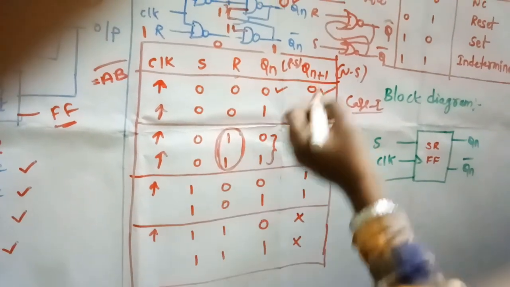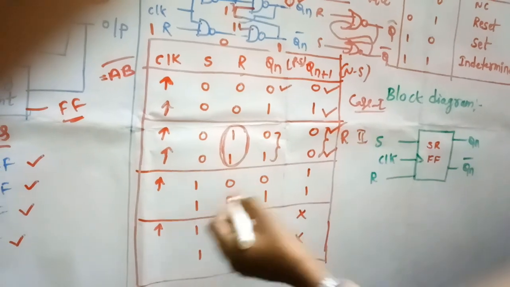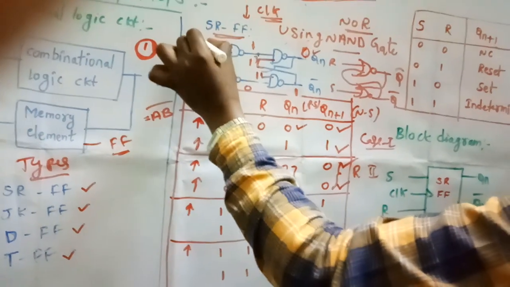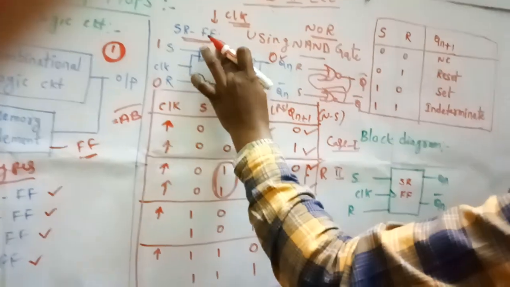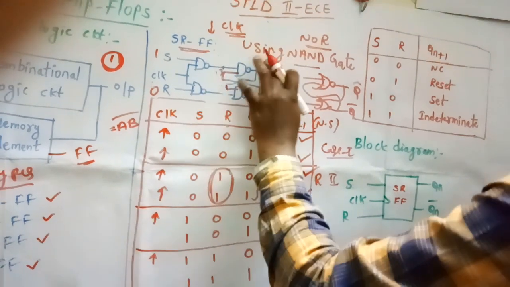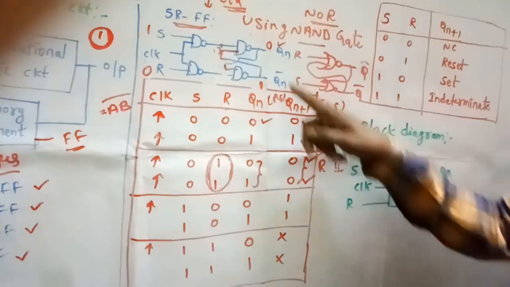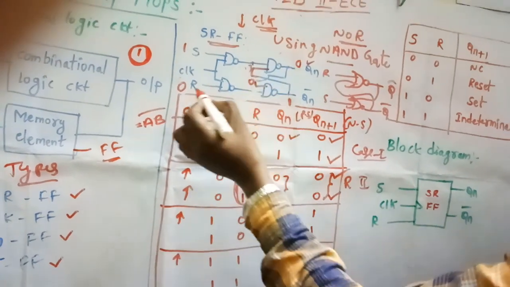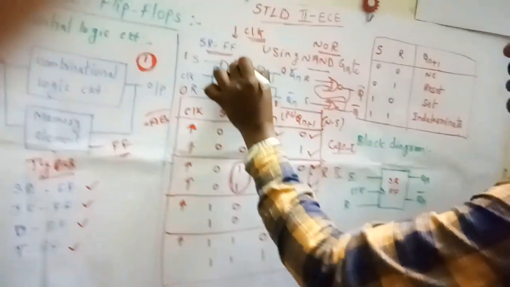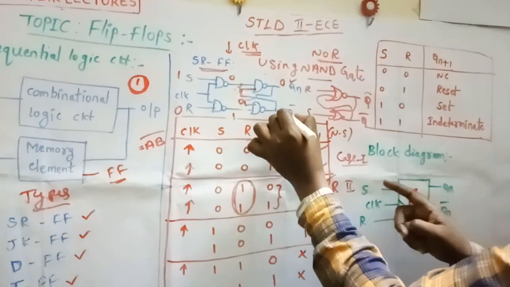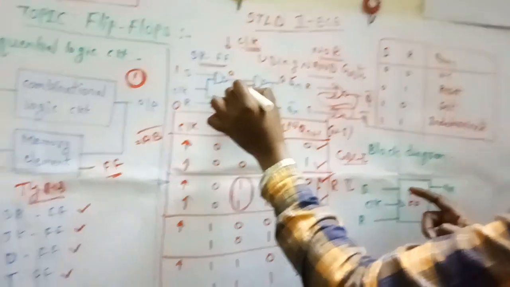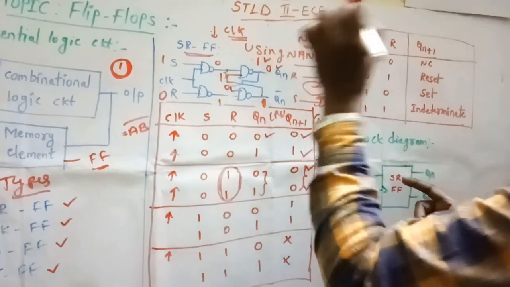Then go for the third case, case 3; this is case 2. In case 3, again I am applying clock, my inputs are 1 and 0, S is 1 and R is 0. And let us consider my present state is 0. Qn is the present state, I am considering as 0. 0 comes here, and 0 bar is 1, 1 bar is 0. Again 0, 1: 0 into 1 is 0, 0 bar is 1, we are getting 1. This one comes here, 1 into 0 is 0, 0 bar is 1. So the next state is 1.